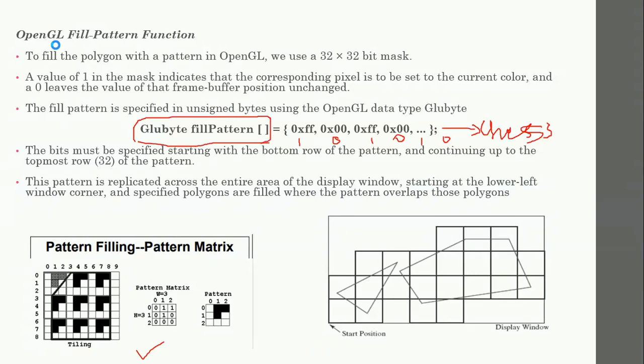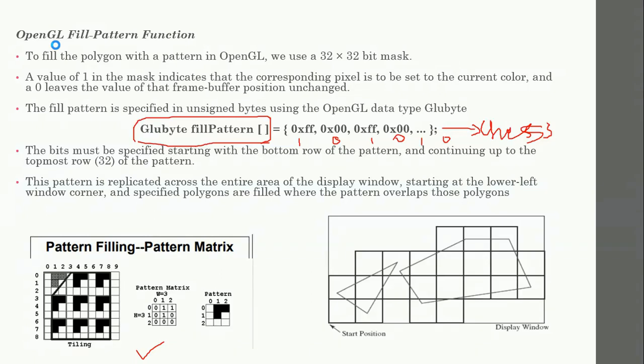And you have to call the routine. Next step is invoking the polygon fill routine. Okay, after that you will activate the polygon fill feature of OpenGL, and later you will describe the polygons to be filled. So after that, the process of filling happens.